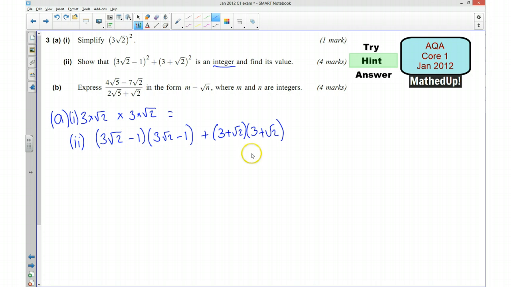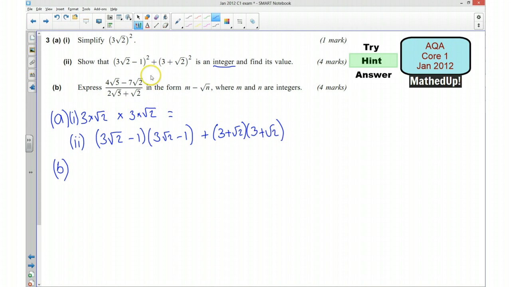And if we now expand that and simplify that, we're looking for this to be an integer, so we should get a whole number. Just to point out, a common mistake here would be to simply square each term and stick those together. So that's why it's useful to write it out in full. Okay, part B,